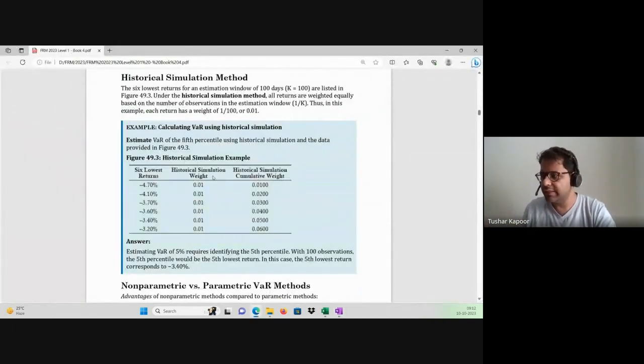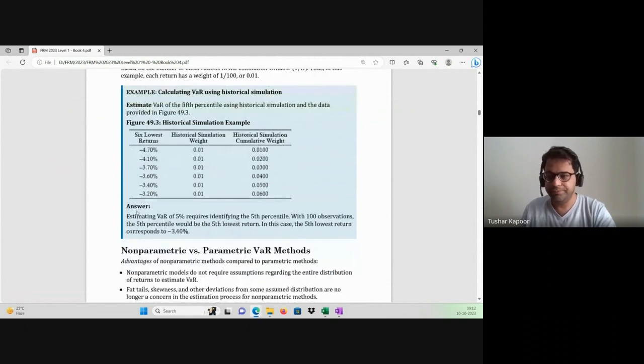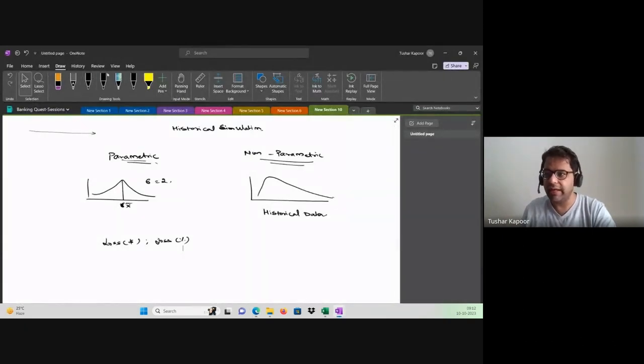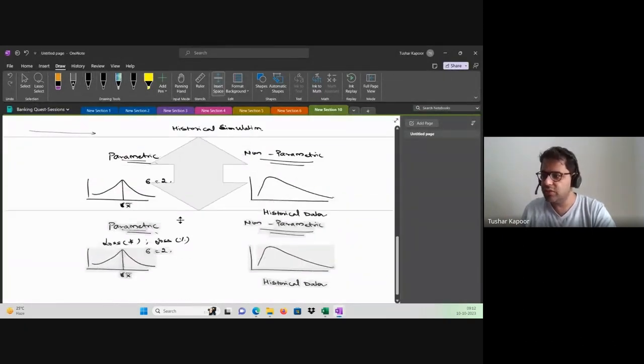So if you look at this data here, that is where they have considered the lowest six numbers. If we were to take the fifth percentile, we'll just go from the lowest to the fifth: 1, 2, 3, 4, 5, and the answer is going to be minus 3.4 because of the placement. Now, an important point to note here: whatever historical simulation we have done till now,